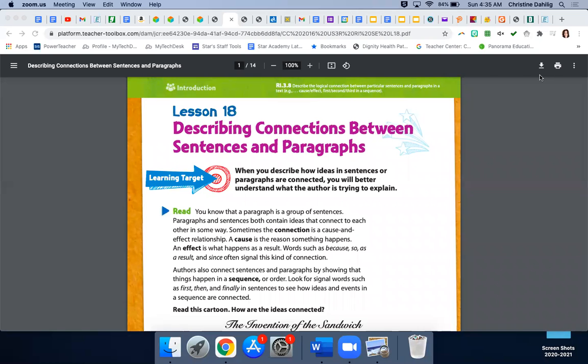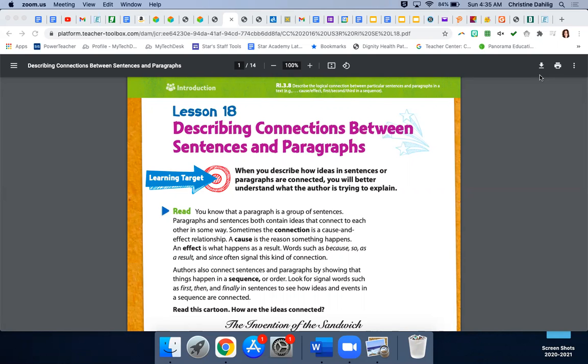Hi, everyone. This week, we are going to be working on lesson 18 in Ready Reading, describing connections between sentences and paragraphs. Today, we will be working on pages 296, 297, 298, 299, and 302. So this week, we are going to be reading articles about food inventions and learning about the different ways authors